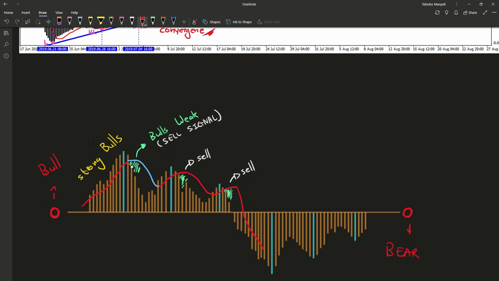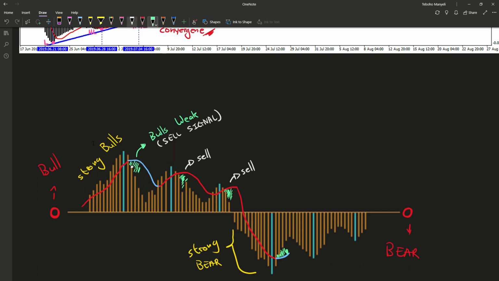So as it's here before moving out here, this is an indication that we have strong bears. And so the sellers are in control here, and as soon as that moving average leaves the histograms and goes above them or below them, actually in this case, and we can see that space between the histogram and the moving average, we know that now we've got a